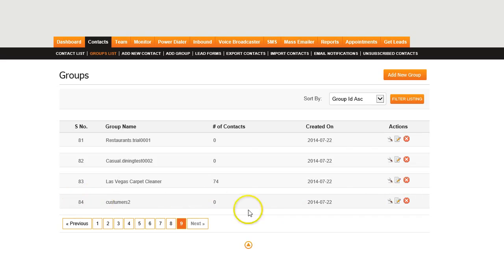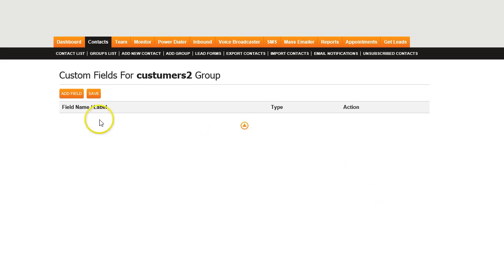So you can see here in our group, I'm going to click on this wrench icon, and I'll have the ability to add custom fields. So you can add custom fields like maybe you want to find out your customer's favorite color. Maybe you want to find out their birth date or their social security number, or any of those different things that you would need to get from a customer. All you have to do is click Add Field, name the field,